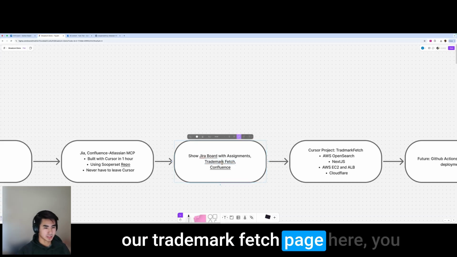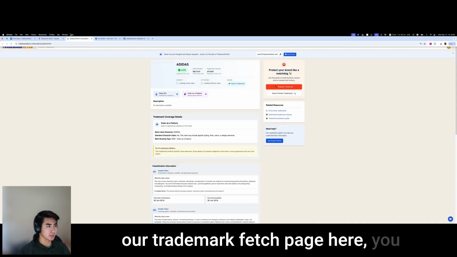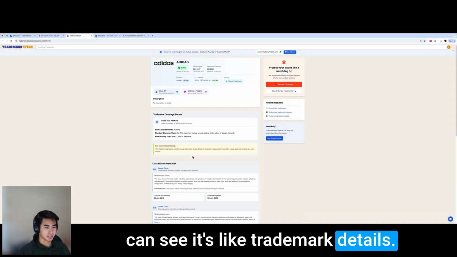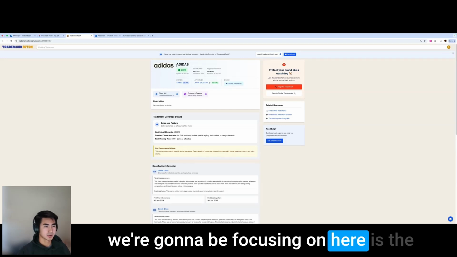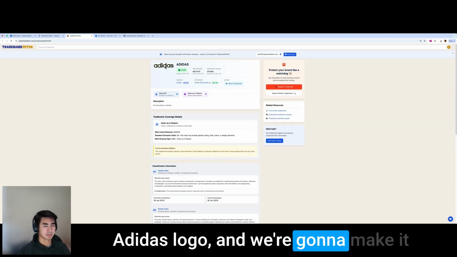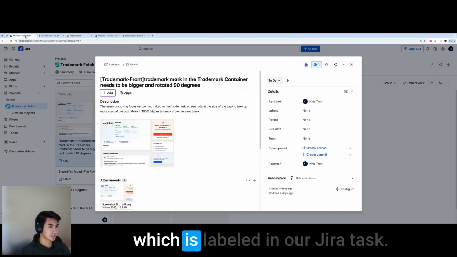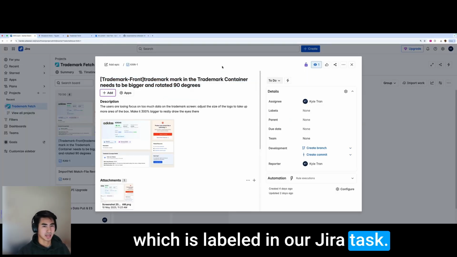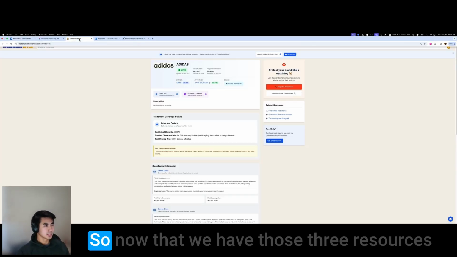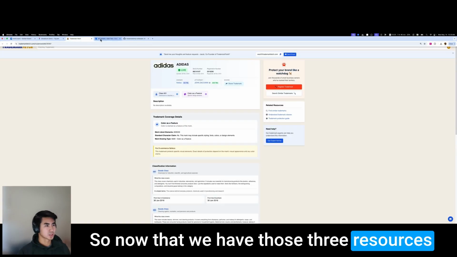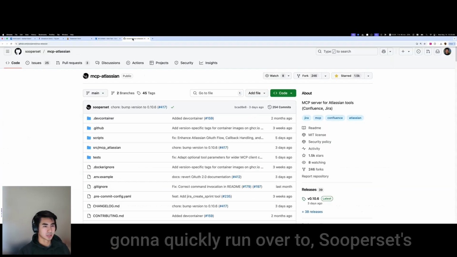Our trademark fetch page here, you can see it's like trademark details. What we're going to be focusing on here is the Adidas logo. And we're going to make it 300% larger and 90 degrees turned, which is labeled in our hero task. So now that we have those 3 resources that we're going to use in Cursor, we're going to quickly run